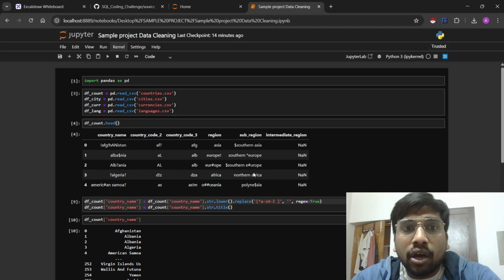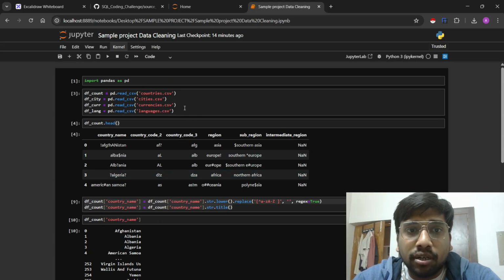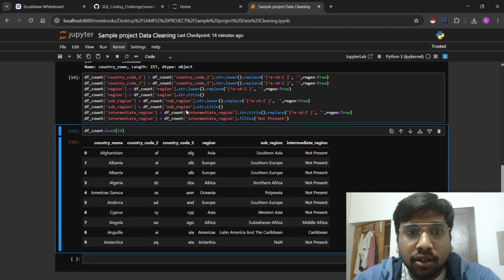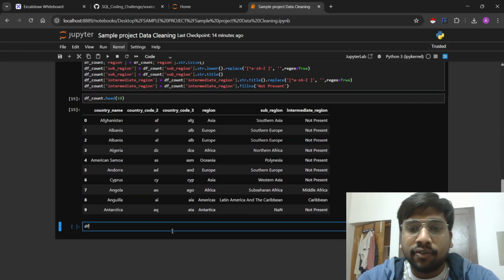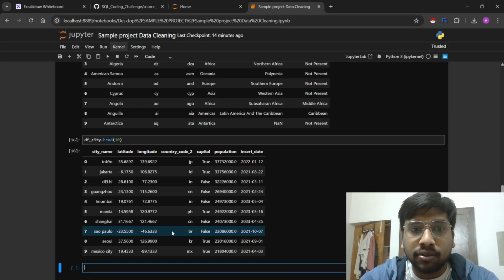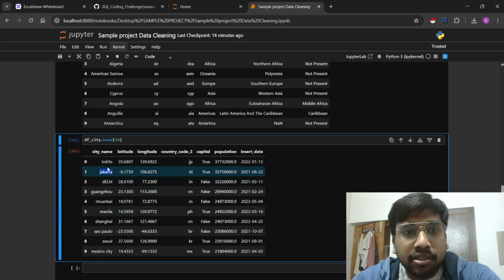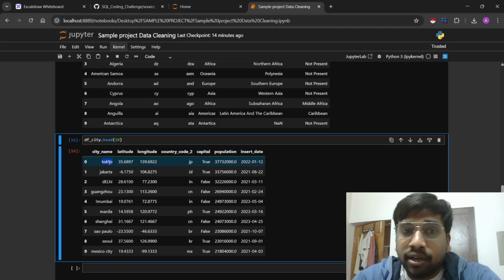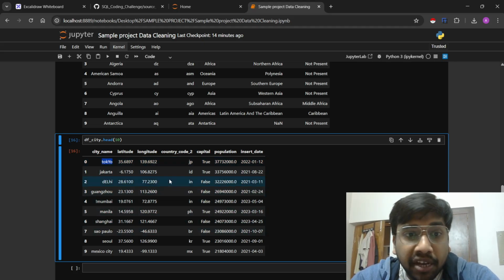Now in a similar fashion we will clean all the other data sets as well. Let's check for the df city dot head 10. Here again the same thing, you need to first lowercase it, then convert it into title case. Here I don't think we have any unclean data.